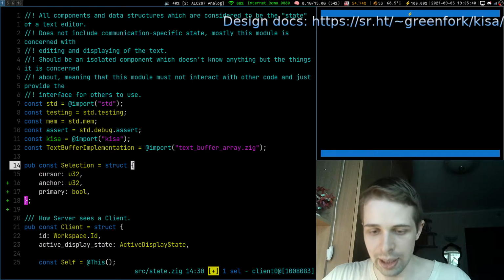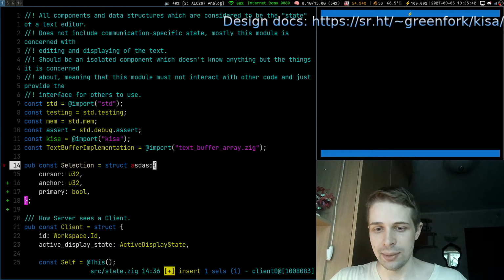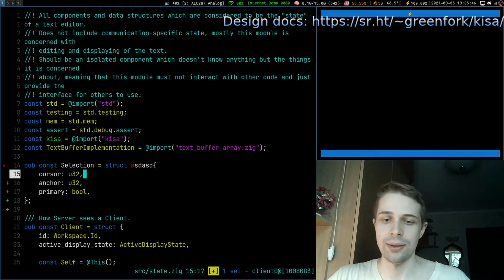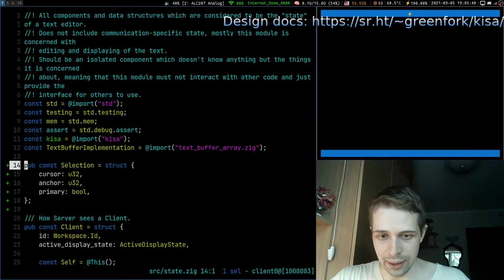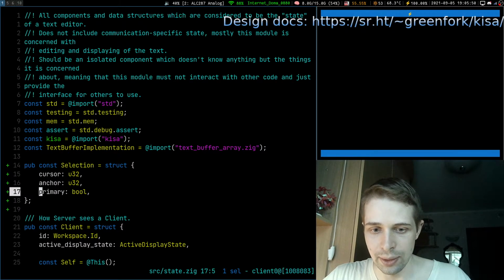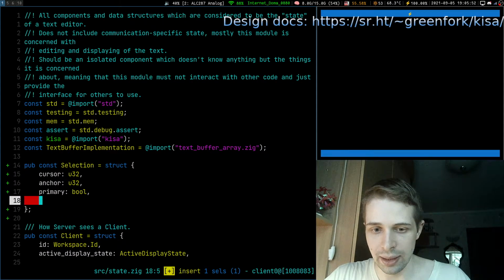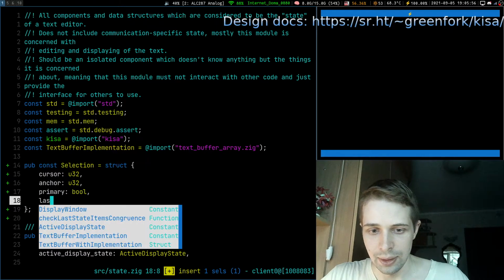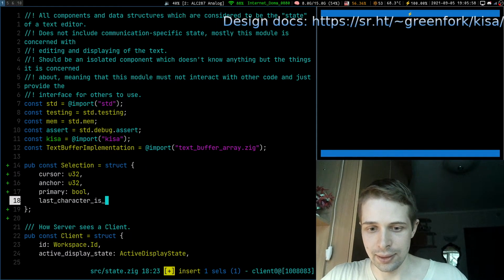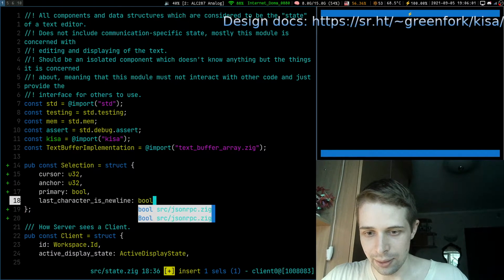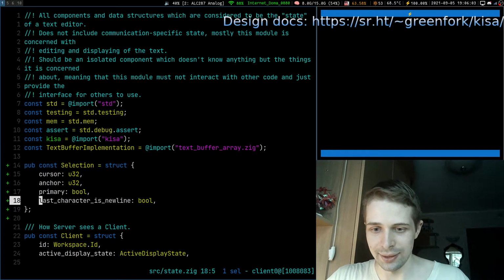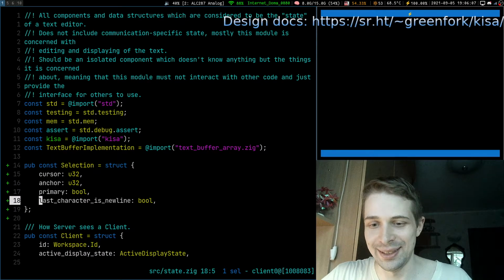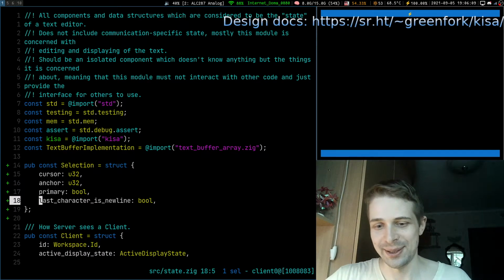For example, I am here, I am typing something, and if now I will be on the new line, it will be not very consistent, right? So I think we would like to have also a flag, which is going to be new line, or last character is new line, our Java style long names. But it describes what it is, right?